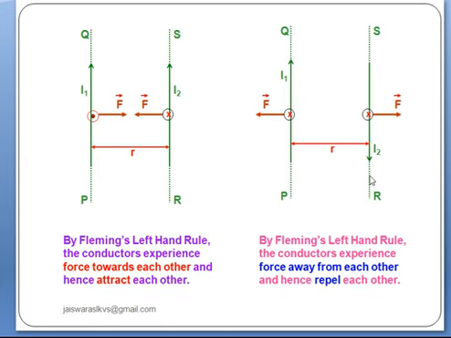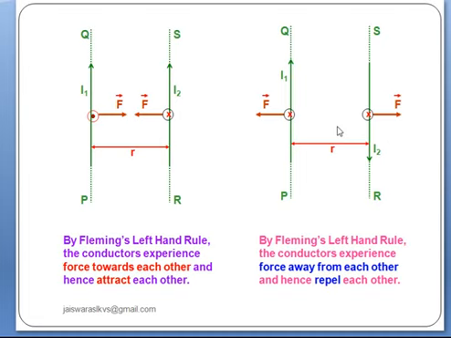So the direction of force can be calculated by Fleming's left hand rule. आप कर लीजिए Fleming के left hand rule से. जब force का direction आप निकालेंगे तो इस conductor RS पर force बाहर की तरफ लगेगा. आप करके देखिएगा, बाहर की तरफ ही force आएगा. और उसी तरह से यहाँ देखिए बेटा, direction of magnetic field conductor number PQ पर क्या है, यहाँ भी inside है. तो यहाँ पर जब आप Fleming का left hand rule लगाओगे तो conductor PQ पर भी जो force की direction है ये भी outward ही होगी. मतलब दोनों conductor एक दूसरे से दूर जाएंगे. मतलब there will be a force of repulsion.